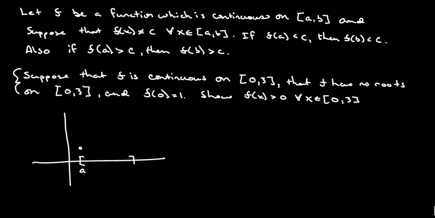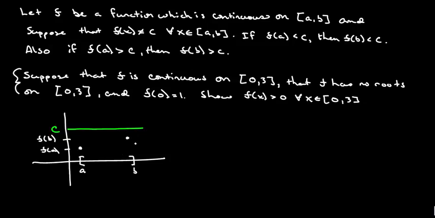Let's call this A. And we've got some point here for the end of our interval, call it B. And we know that over this interval, we never hit some height, call it C. Okay, if the function's continuous, and f at A, which is this guy, is less than C,